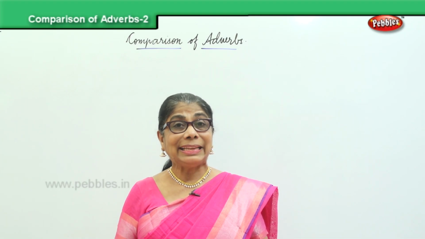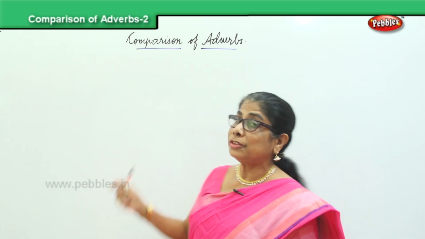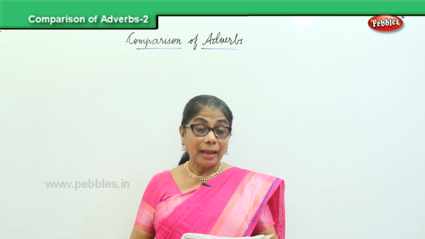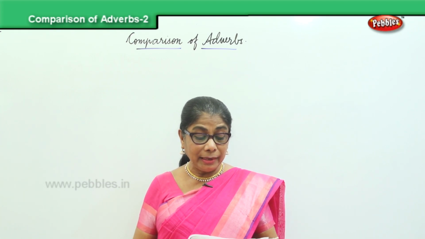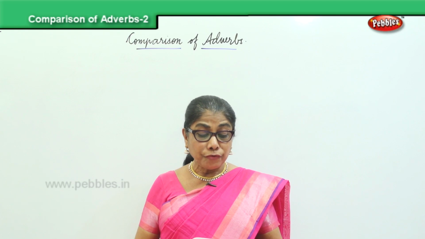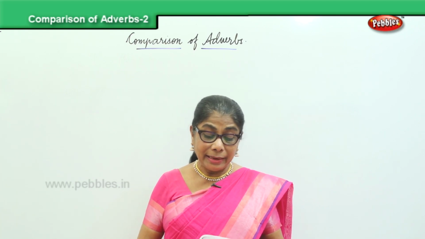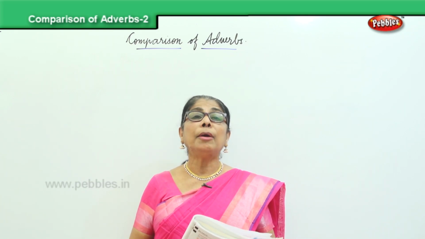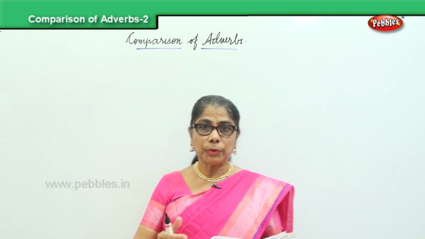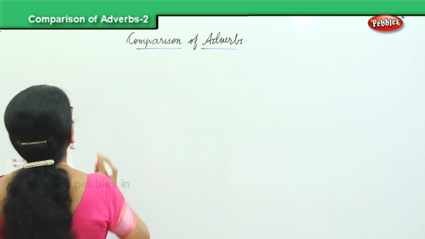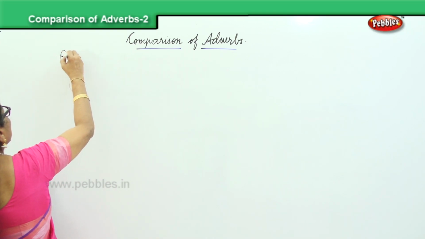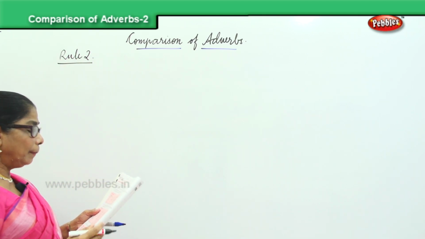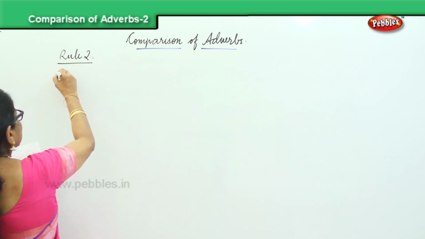We are now doing the second rule for the comparison of adverbs. The second rule says, adverbs ending in ly form the comparative by adding more and the superlative by adding most to the positive degree before it. Okay? Now, rule number 2. What does rule number 2 say? Adverbs